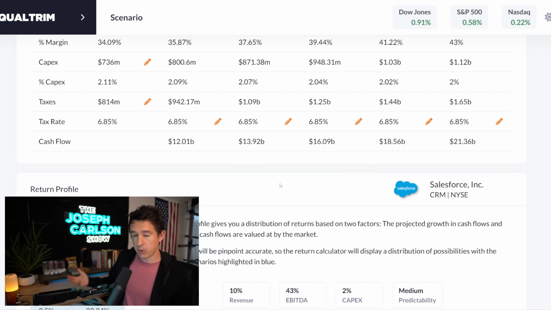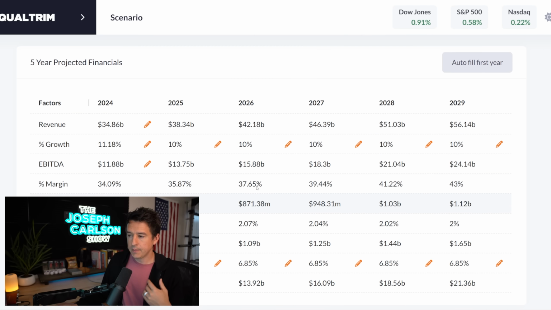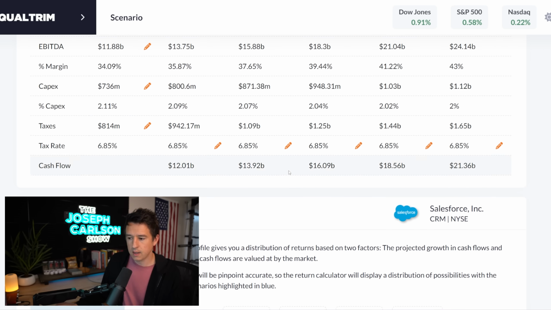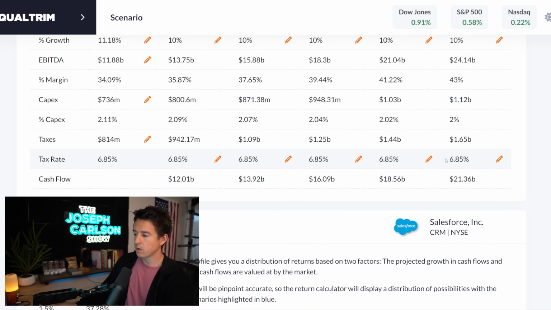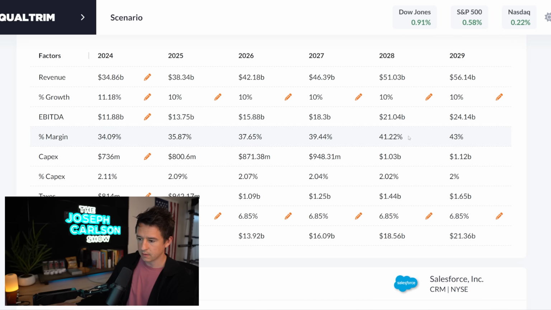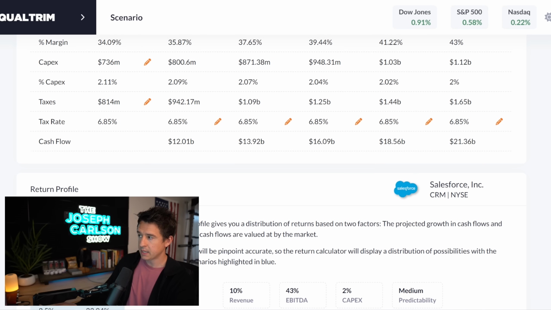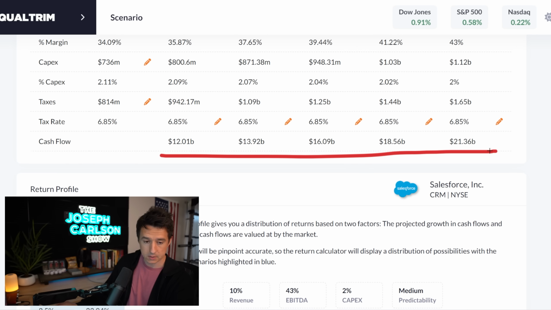Now, are they really going to produce that? No, it's going to be off to some degree. It'll be a little higher, a little low. But the idea here is to give you a check that if you're even close, is this company even close? So what I do is I create this analysis. It shows me exactly how much I'm expecting the company to grow based on my assumptions. And I have $21 billion.